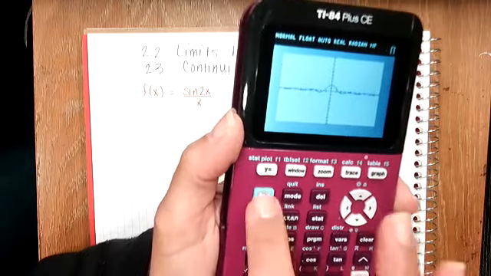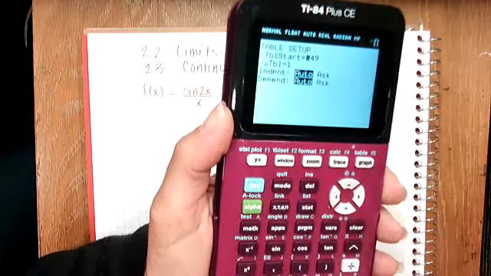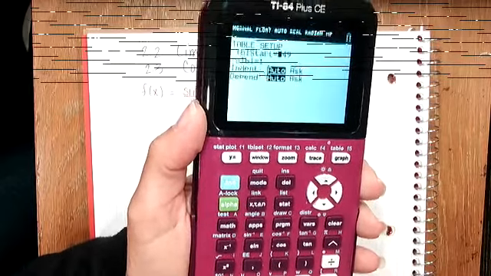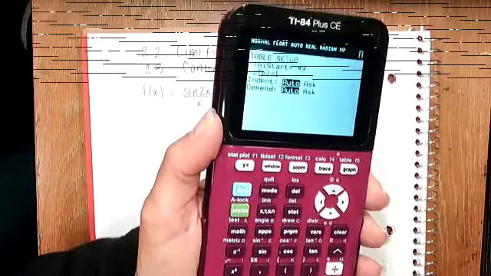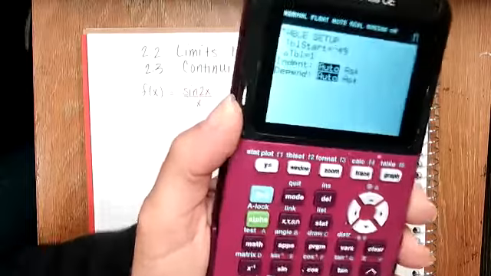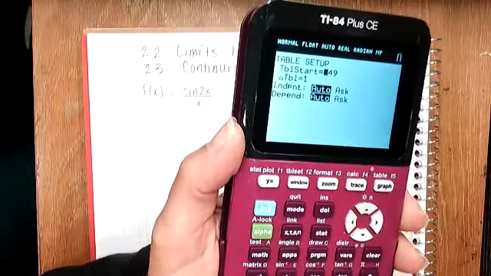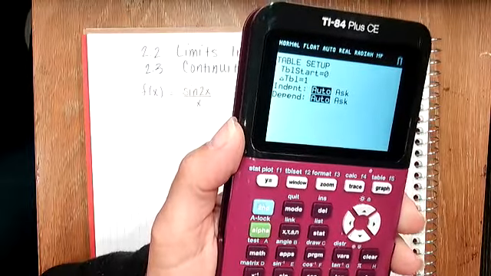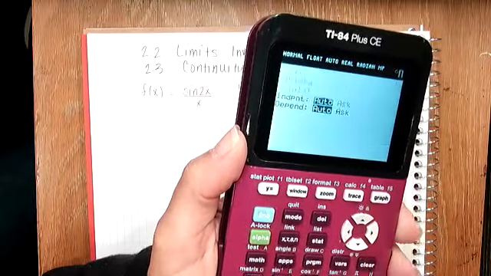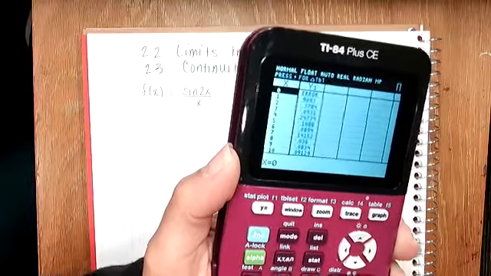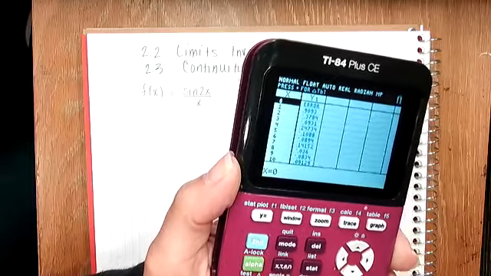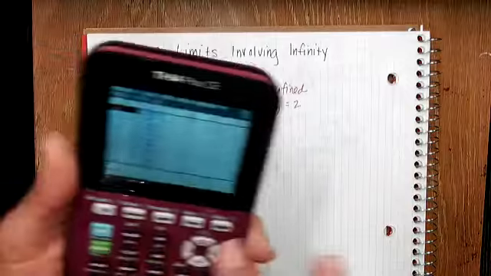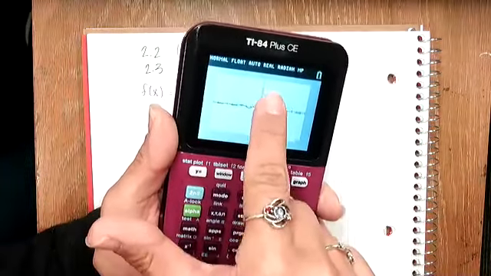So I'm going to do second table set. Now I've changed my calculator since the last video, so mine's a little bit different. Let's fix that. Okay, so there we go. I happen to be at -49, but I'm going to say 0. And I changed my table to 1. And notice it says that the exact value, error, but from the right and from the left, if you look at the graph, it is clearly approaching 2 from